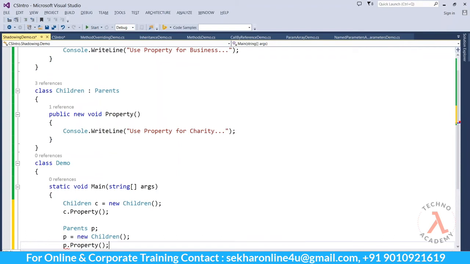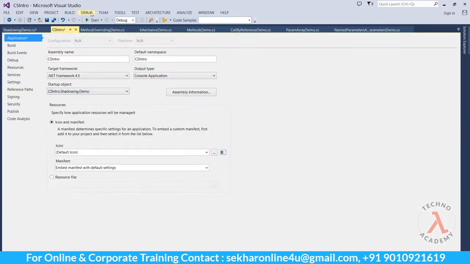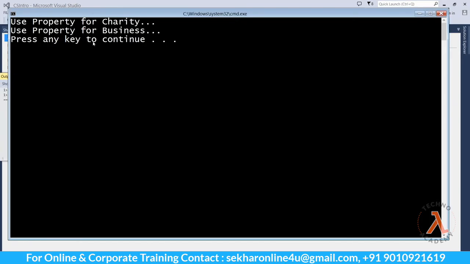Now, let me set this class as the startup object and let me execute the code. We can observe the definition which we have added newly at the derived class, and also we can observe the definition of the base class.